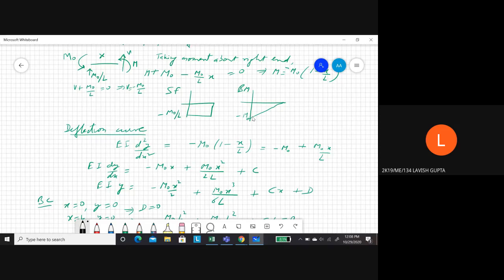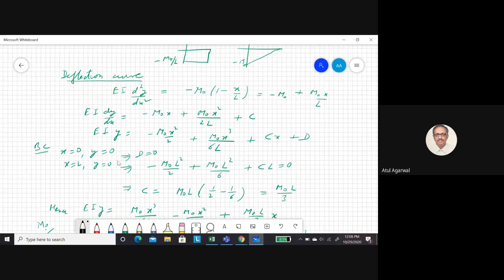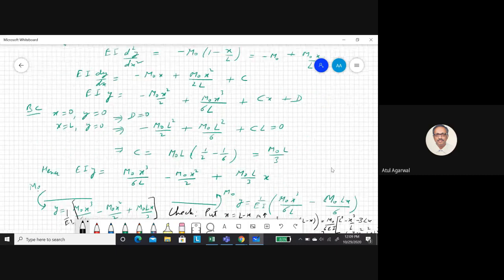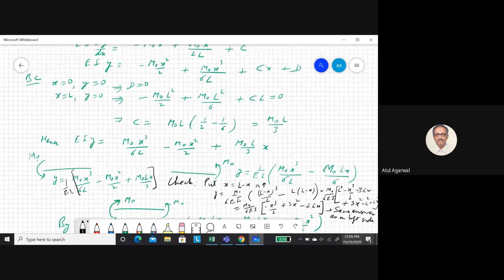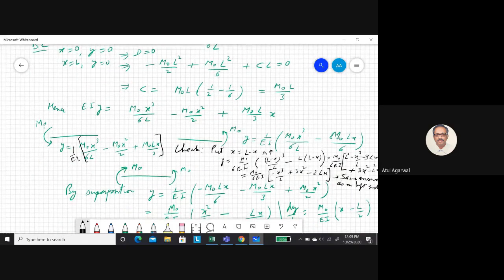No, sir. So you get your deflection curve equation. Put your bending moment here, which we calculated earlier. Simple integration business. So you calculate your C and D, and I get my deflection curve. So this is my deflection curve for this. Earlier I had done it for the moment at the right end. This was the equation that was coming. If in this equation you put L is equal to M, X is equal to L minus X, you will get this equation. You have to just check it out.